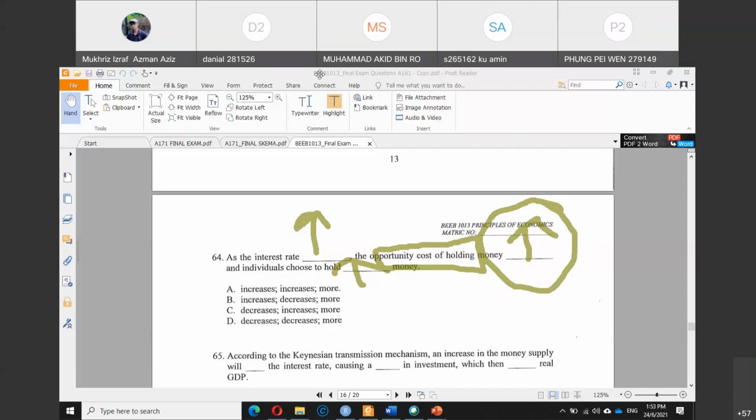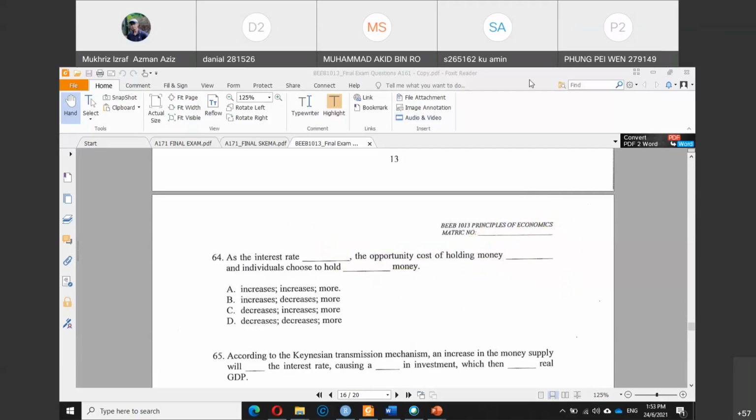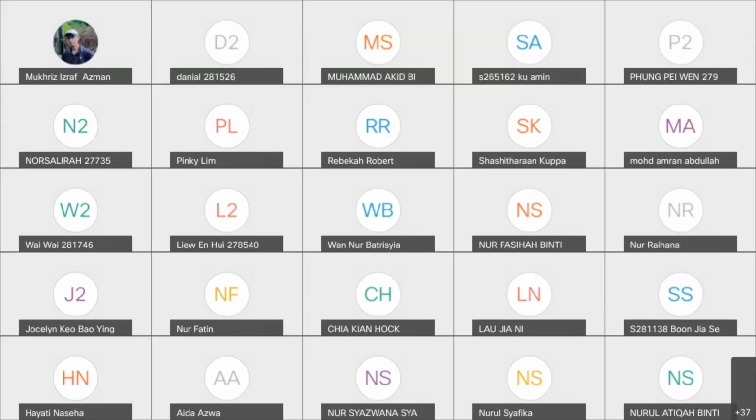But in our case here, the interest rate decreases. Decrease means that if you hold money, you're not really losing that much, because there's no incentive for you to put money in the bank. So that's why the opportunity cost is also decreasing. If the interest rate were increasing, then the opportunity cost must also increase. So that is why the answer should be D. Okay, so you can do other questions from the